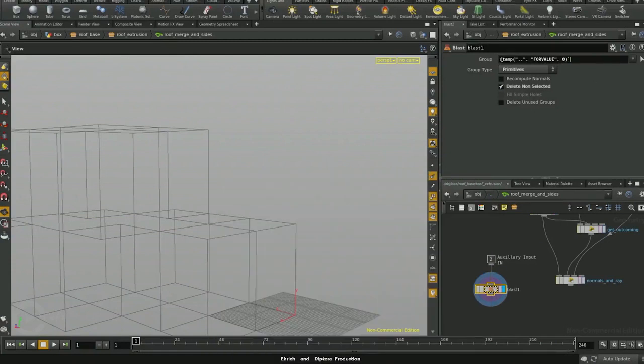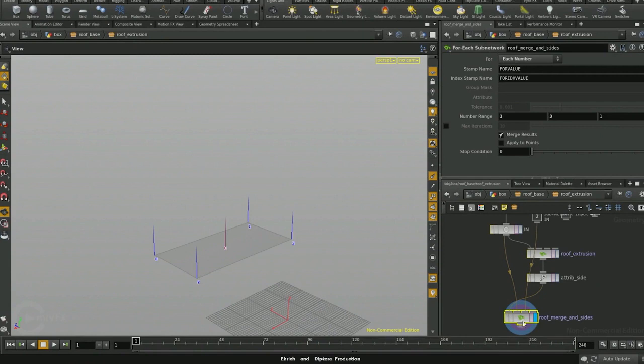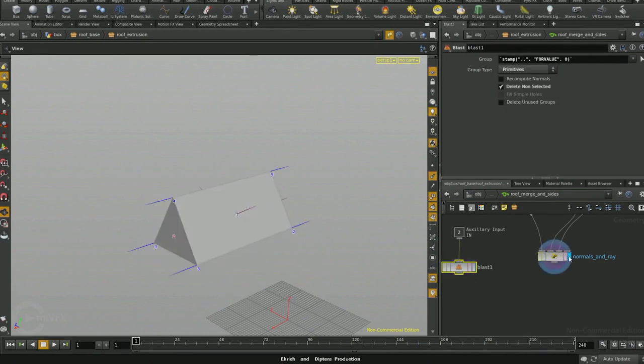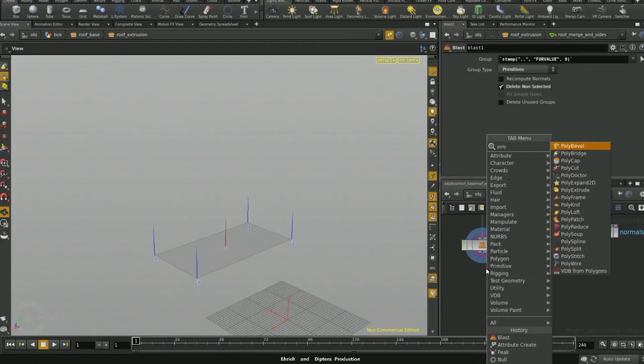Oh yeah, we got the brackets. So here you go, and let's click this one. It pins this view, then it will be updated correctly. Yes, and here we just simply want to extrude it. So let's bring poly extrude,